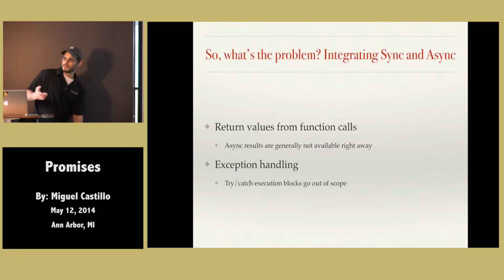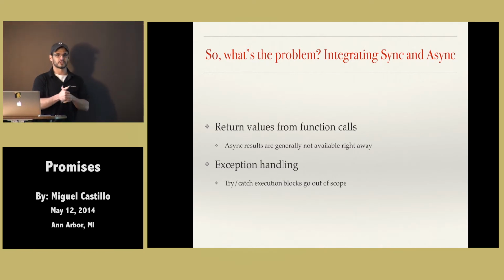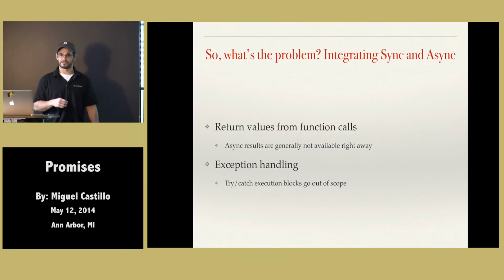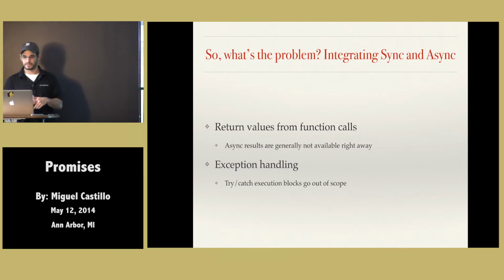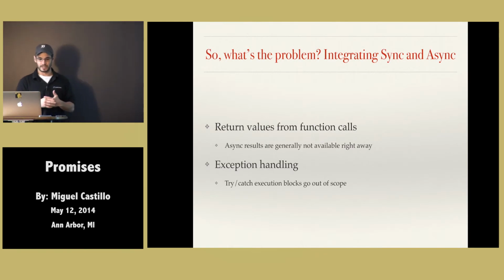The problem primarily comes from the integration point between synchronous code and asynchronous code. This is a very complex problem that JavaScript suffers from a lot, because JavaScript is a very asynchronous natured language. You have AJAX calls going left and right to log in, to get information, and then you have to somehow update the DOM. All of that happens in no particular order, but you have to put some sort of order to it. So return values from function calls is one of the biggest issues that promises are trying to resolve.